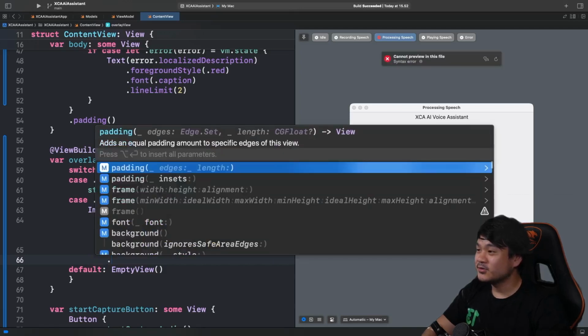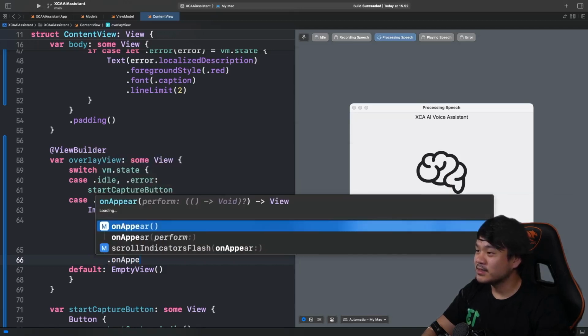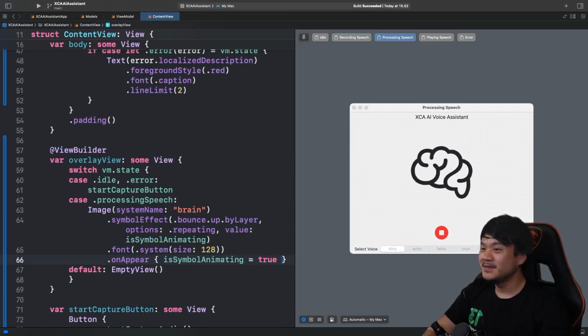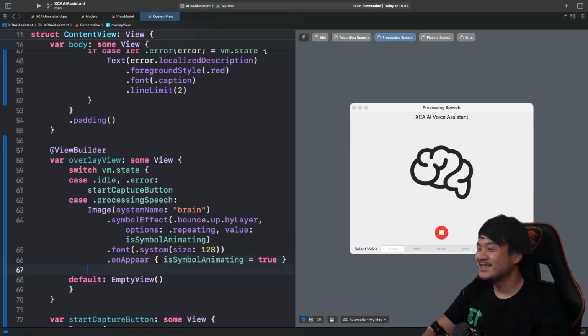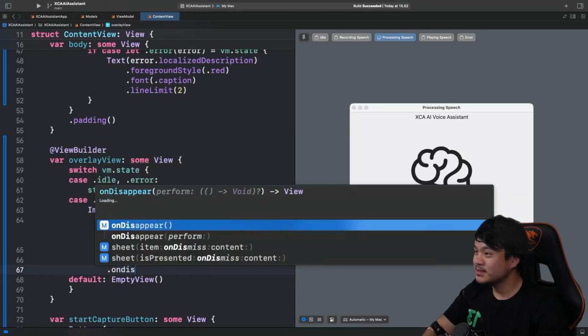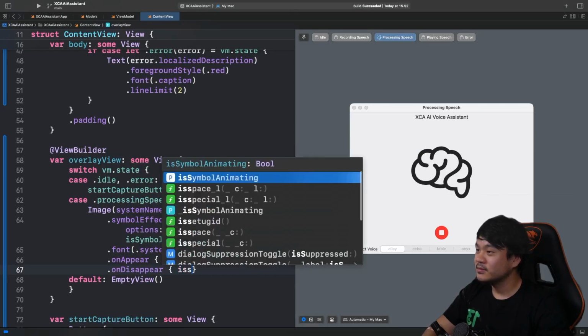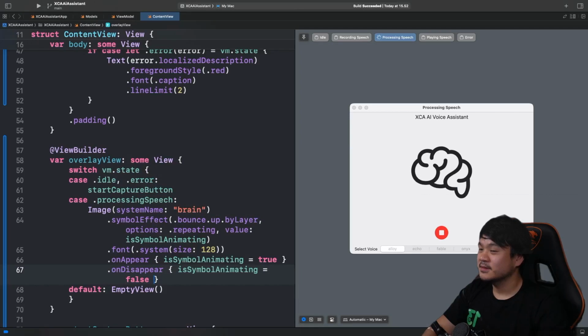Nice. So to make the animation work, we need to add this onAppear modifier. We need to basically toggle this isSymbolAnimating to true. It should animate now. Wow, amazing. On disappear. Okay, let's toggle it back to false.